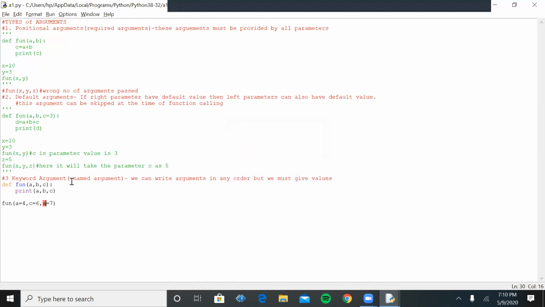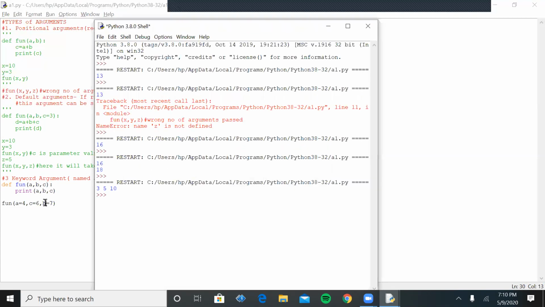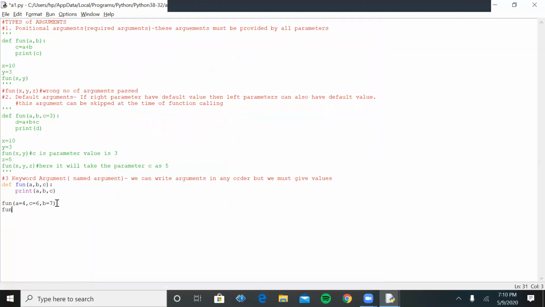I have used the same names. You can see here I have specified the value of each and every parameter along with its name, because if you don't specify the name and just specify the values, the first value will be assigned to the first parameter, the second value to the second parameter, and the third value to the third parameter.